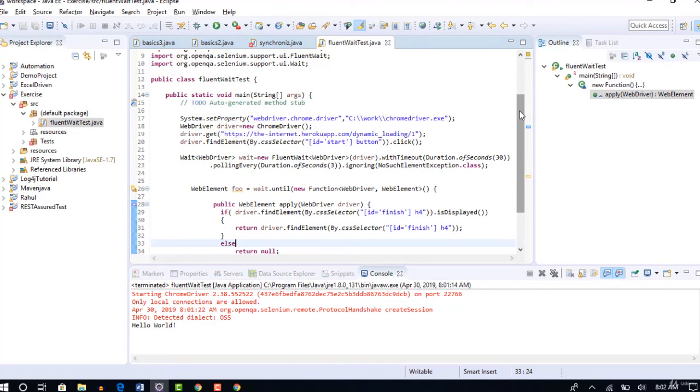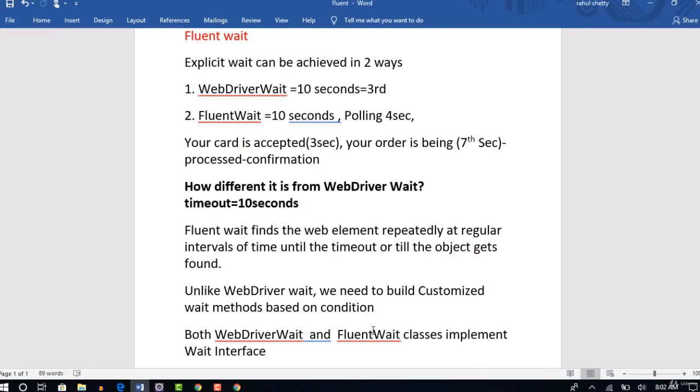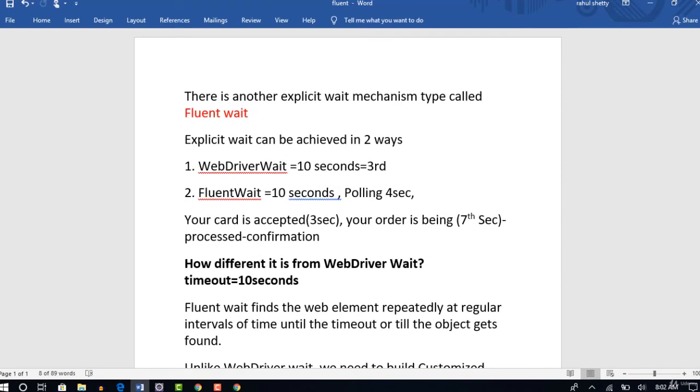I am pretty sure that even interviewers do not have knowledge that Fluent Wait and WebDriver Wait are two separate classes implementing one common wait interface. So talk technically like this, so that they'll get impressed. And you can tell that Fluent Wait and explicit wait are not two different worlds.